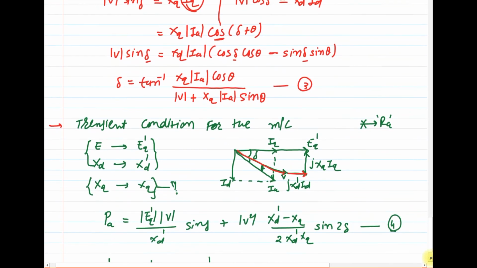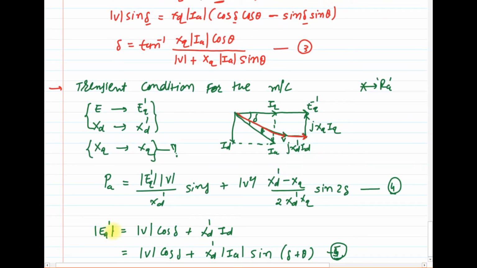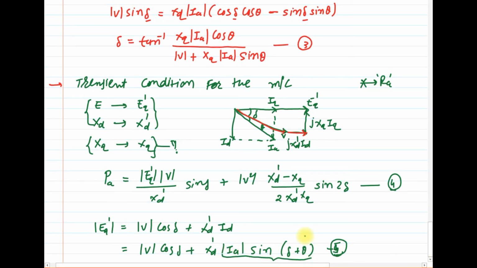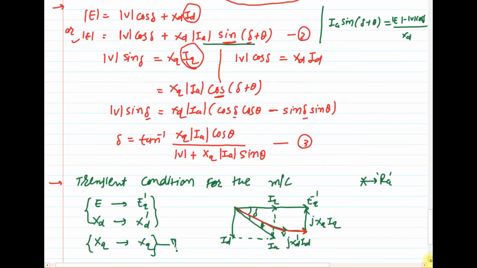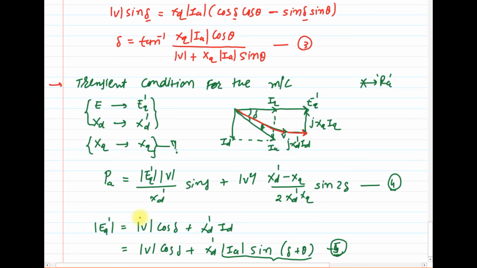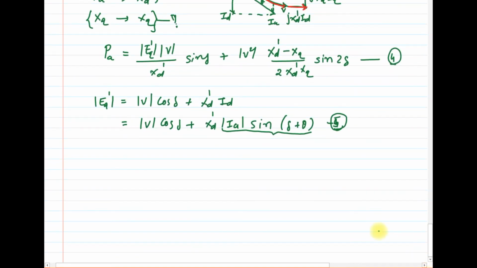For this equation number 2, calculating the transient generated voltage, just substitute the value of IA sine(delta plus theta) from the equation number 2, which is (E minus V cos delta) by XD. So we will get the final equation of generated EMF